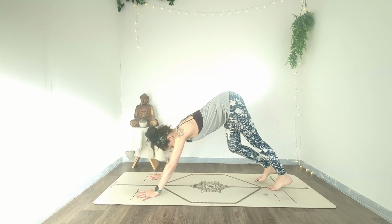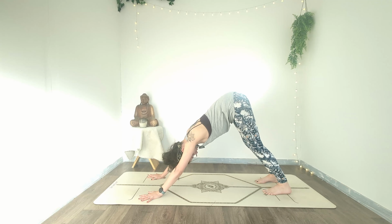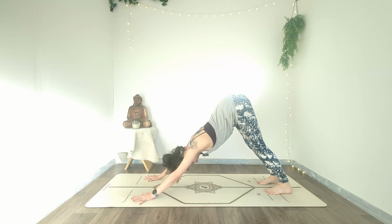Find stillness, find stability, and really root with the quality of the earth. And then when you're ready, look to the space between the hands. We're going to walk forward to a forward fold. So we'll start with a ragdoll, feet nice and wide with a generous bend, and you can find a little